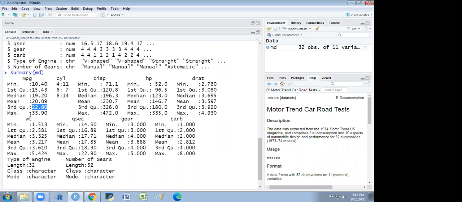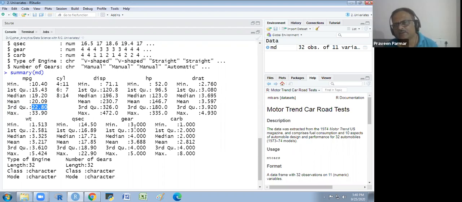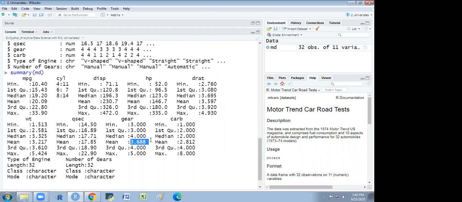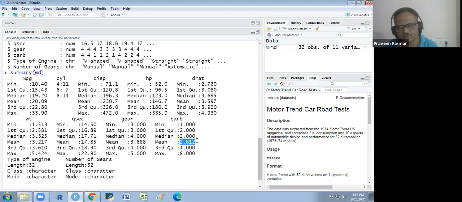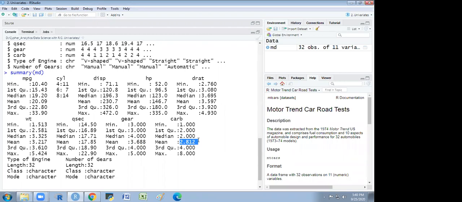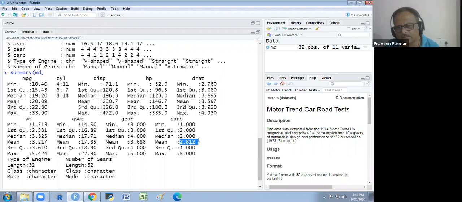Yes, sir. Here I am taking gear. Gear is in integer form, a natural number. And here I am getting the mean of gear as 3.688. Is it viable? Gears may be 1, 2, 3, 4, 5, whatever; 5 gears in the car, 7 gears in the car. Is 3.5 gear possible? Number of carburetors would be 1, 2, 3, but is 2.8 carburetor possible? No, sir. So we convert this discrete variable